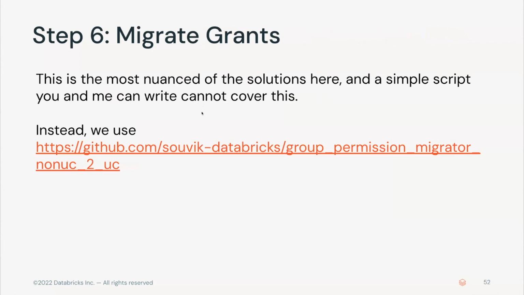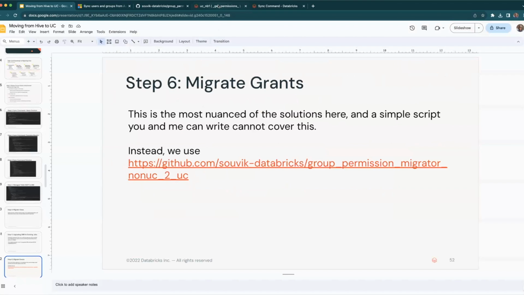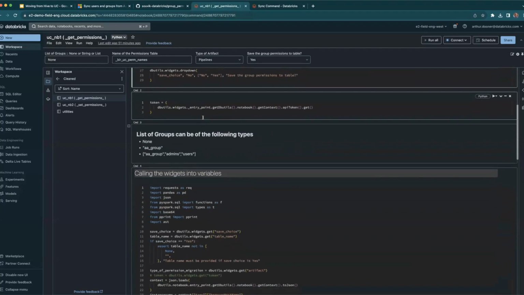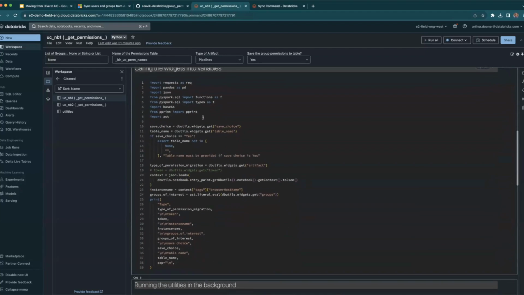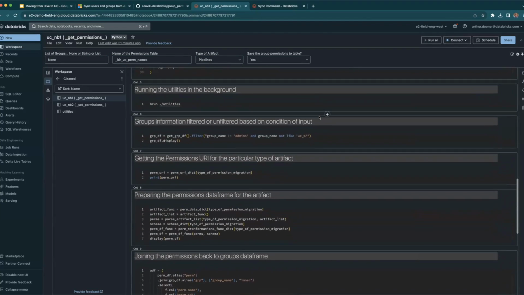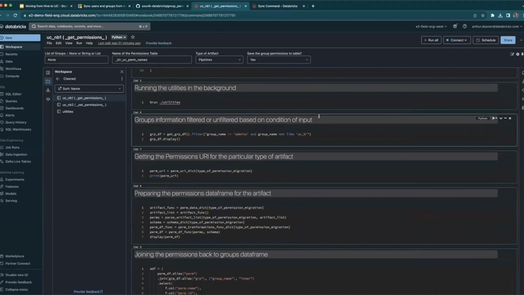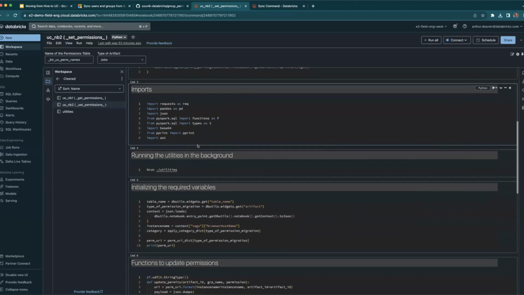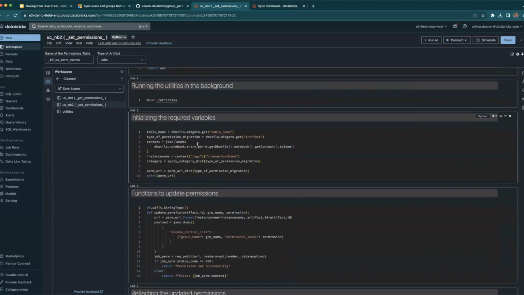When we migrate grants, this is where I'm going to take you a little bit out of this, and we need to use a group permission migrator. And you can see this is a much bigger life cycle project, right? Where it's basically like, hey, we have a table that is created that is a mapping of all the permissions that exist against all of these different resources, right? For jobs, pipelines, that sort of thing. And then those grants are copied over into this big table, and then they are set, right, across all of these different examples, such that all of those permissions are applied in that UC-based way for all of the